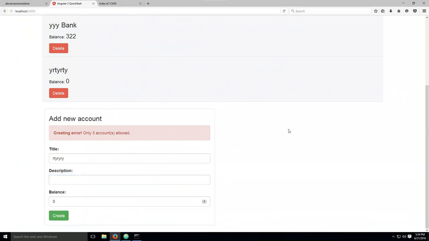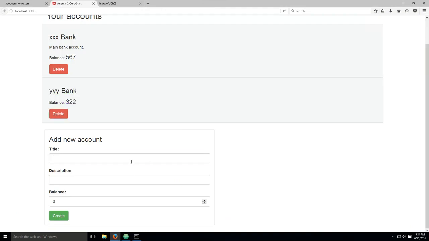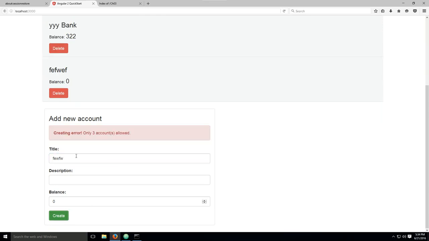Anyway, if we go back to the site, let me just refresh it. I've modified the code somewhat, and now if you type in the title and click on create, and again, you get an error message, but this remains as it is. The field is not reset. So the idea here, what we are trying to achieve, is to basically not reset the fields in case there